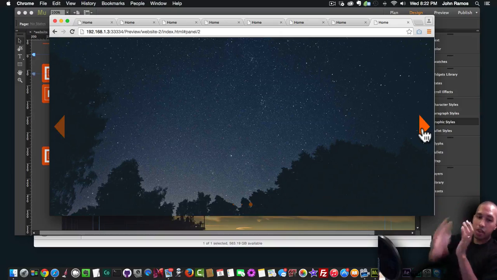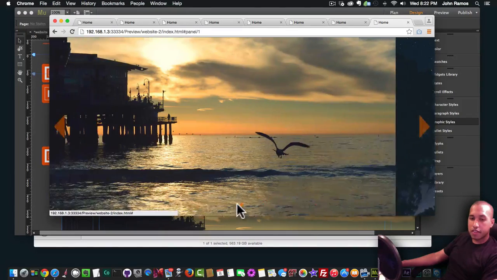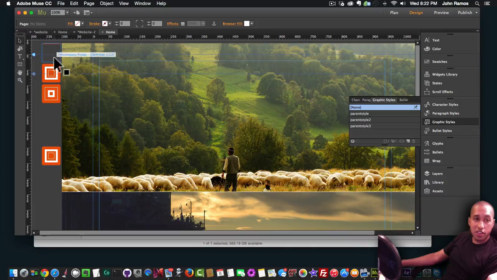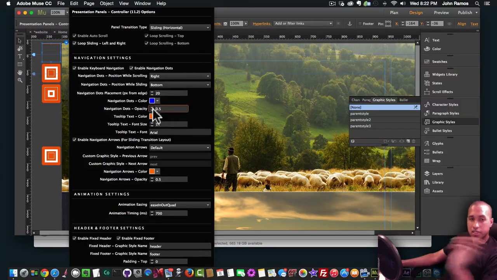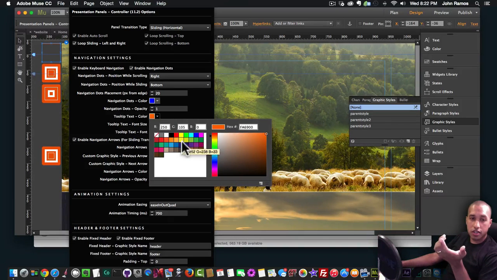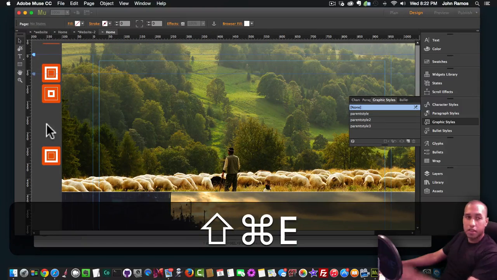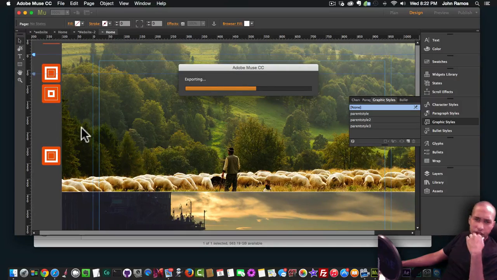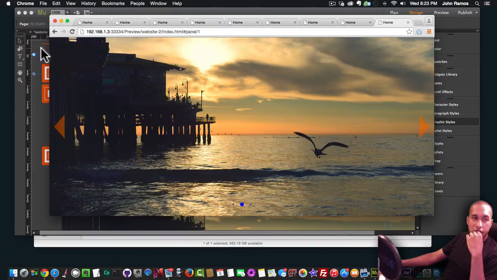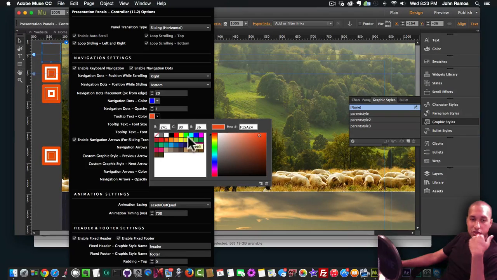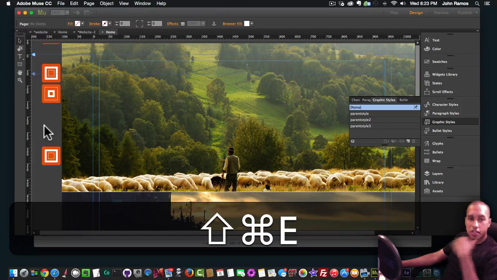I mean, the possibilities are endless, and you have circle navigation here with the dots. I can change the dot colors. Navigation dots, I can change them to blue, change the opacity to 1, and I can change the tooltip text color to, like, I don't know, let's say orange. And if I hit Command Shift E, it was already orange. I don't know why I changed it to orange again, but you see the dots are blue. And let me change the font to some other color than orange, because it was already orange. So let's say green. All right, so now if I hit Command Shift E,